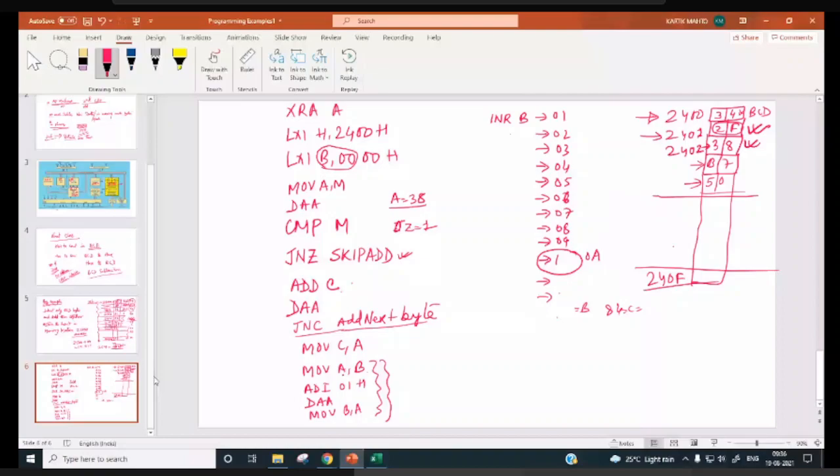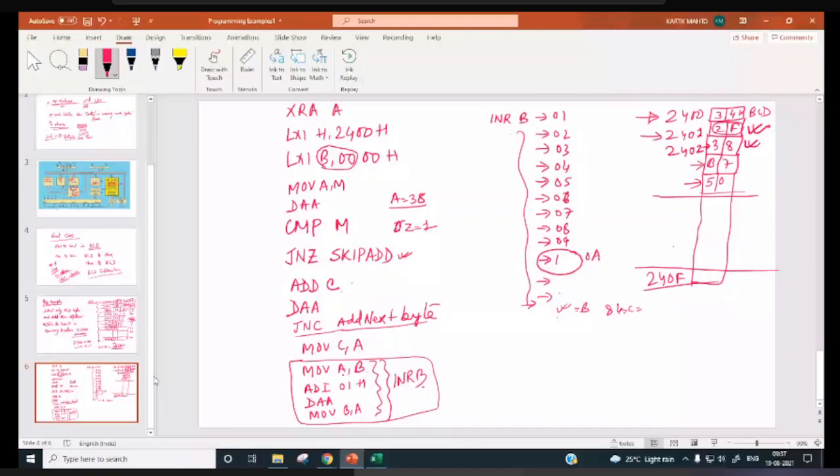What will be the B content if we use INR B instead of this? And everywhere it's 99, 99, 99. So 15 times carry will be generated, no? Yes, sir. Each time carry is generated if you use INR B for incrementing the B register, so it will be incremented 15 times.